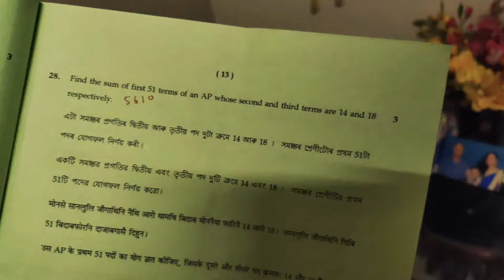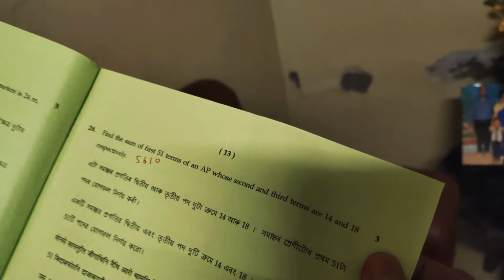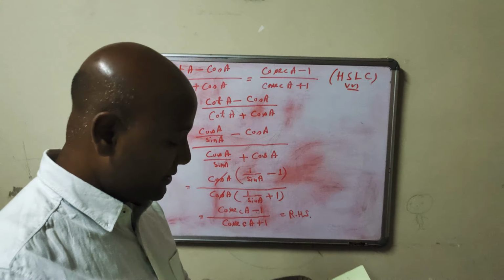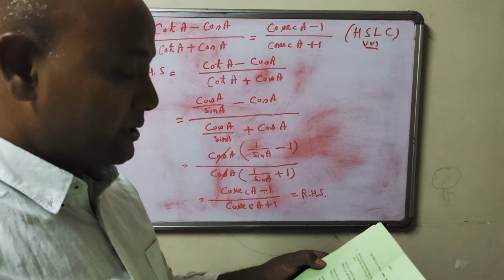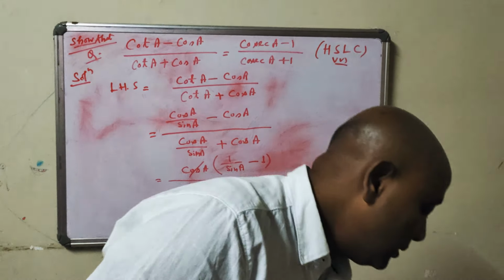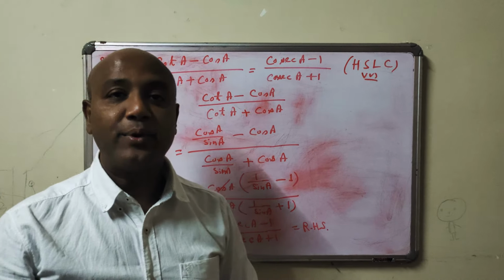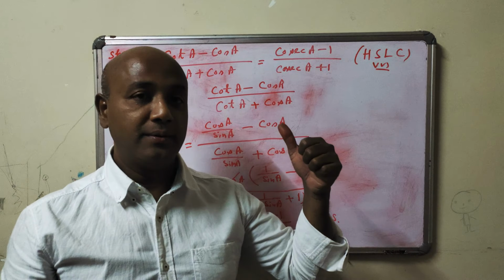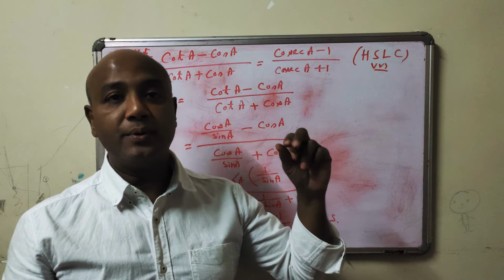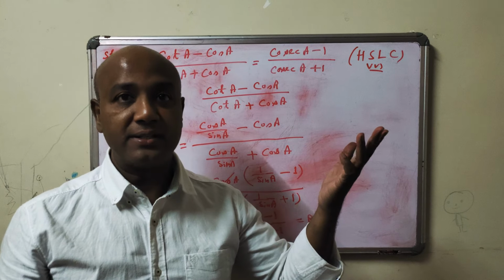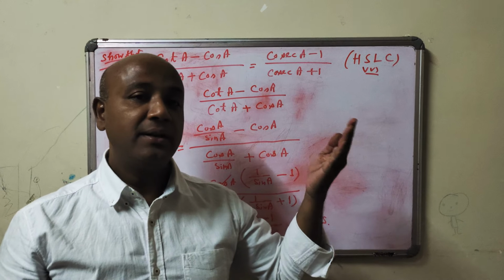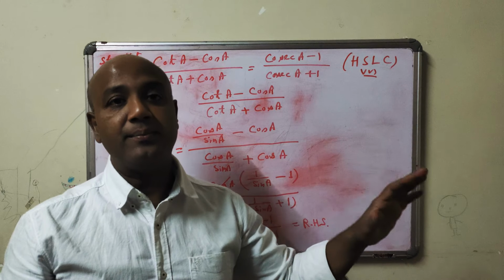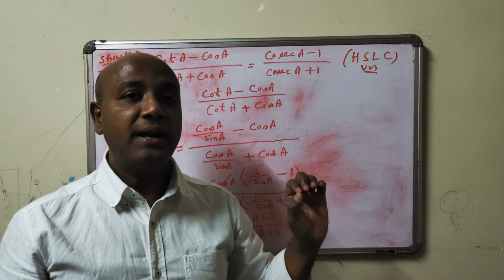In question number 28, there is AP. This question is 3 marks. In question number 28, you will get a sum from AP. So you must know AP, and it's a very easy part to do. Very easy sums. I am going to teach you in detail. So from tomorrow, I am going to start arithmetic progression. One question is for 1 mark, one question is for 2 marks, and one question is given for 3 marks. And AP has 2 parts actually. One is general AP, and the next chapter is the sum of AP series. So both are important for learning in detail.